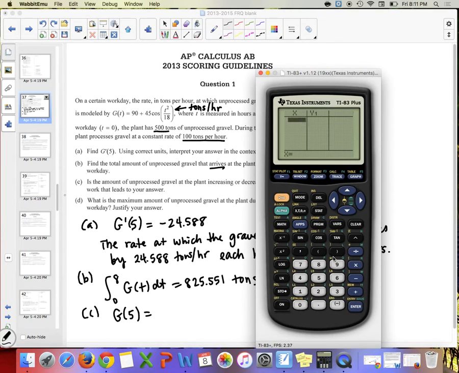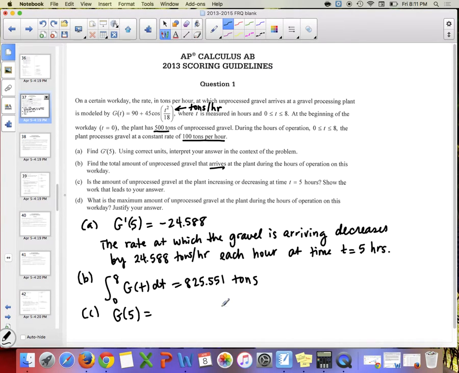So I can put in whatever I want, although 5 was already in there. So I have 98.141. And if you want to see more values, you just arrow over and you can see more decimal values, but we only need 3 decimals anyway. All right, so we have g of 5 is equal to 98.141, and this is in